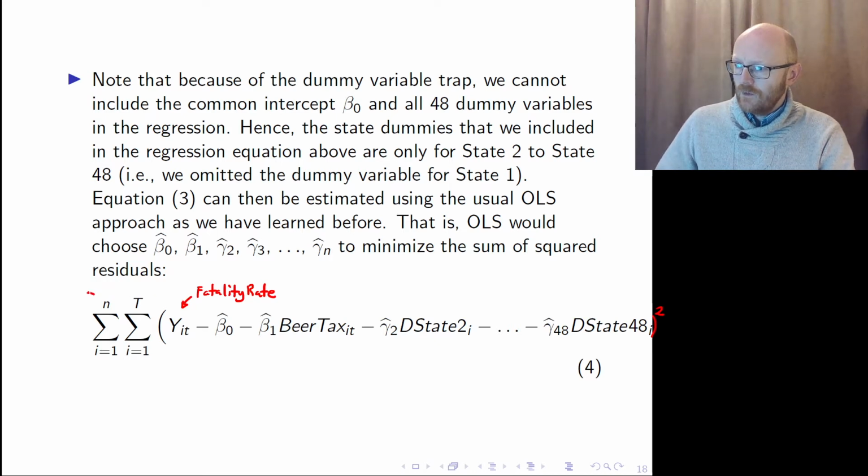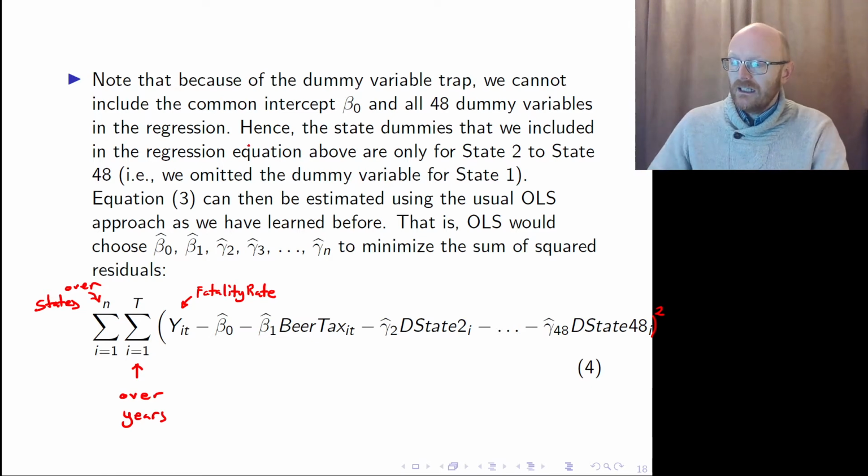So this would be over states, and this would be the sum over years. Okay, and if you have this double summation, you can just put 1 into the i and